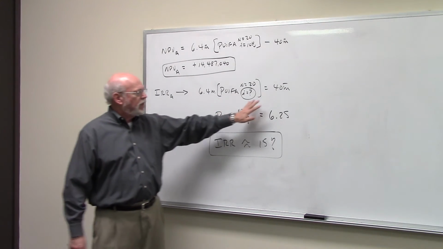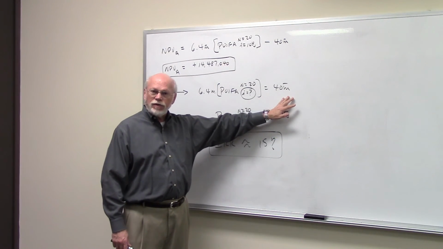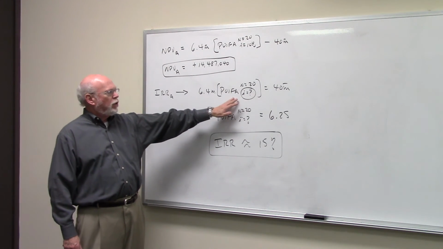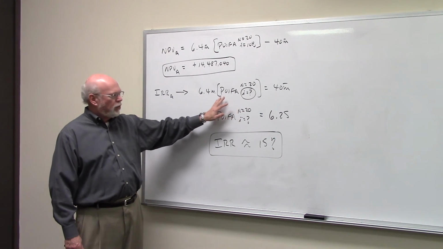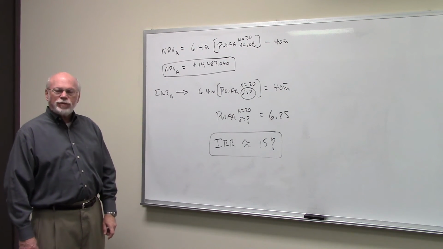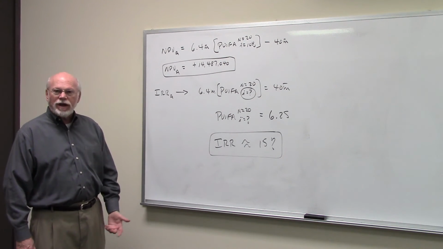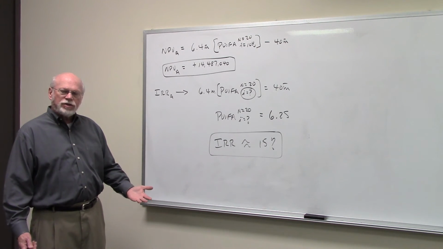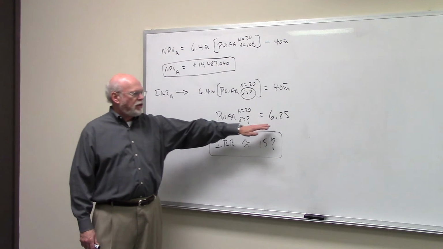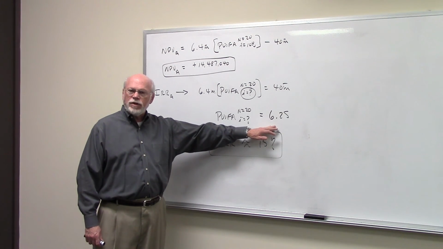To calculate rate of return, the internal rate of return is the interest rate that sets the present value of the inflows equal to the present value of the outflows. And again, as a student, when you look at this formula, we don't solve directly for I. We first want to solve for the interest factor. What multiplied by 6.4 million would give you $40 million. To get the answer, you would take 40 million, divide by 6.4 million, and you'd find it's 6.25,